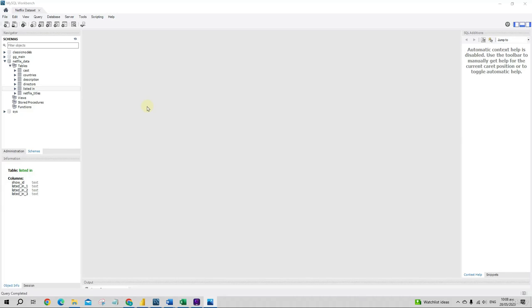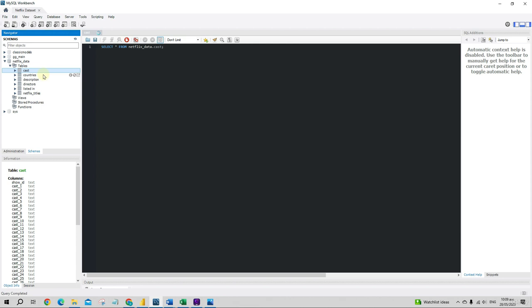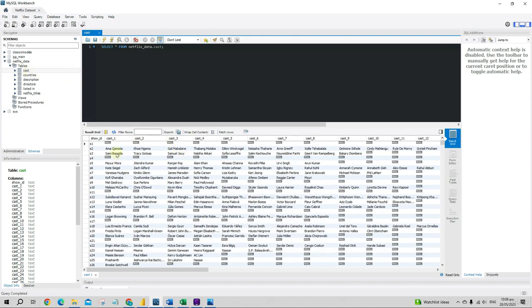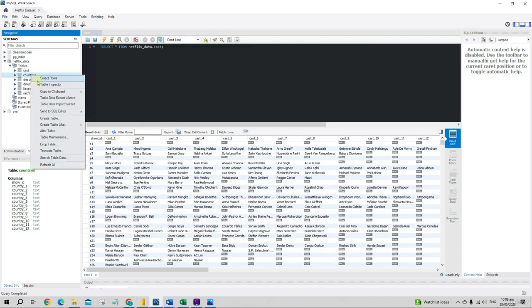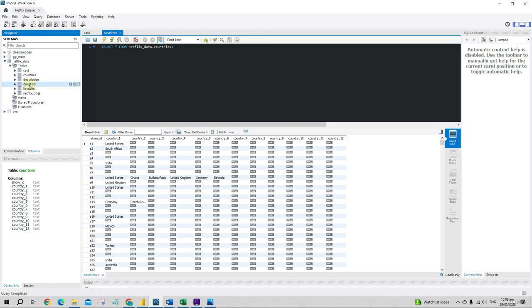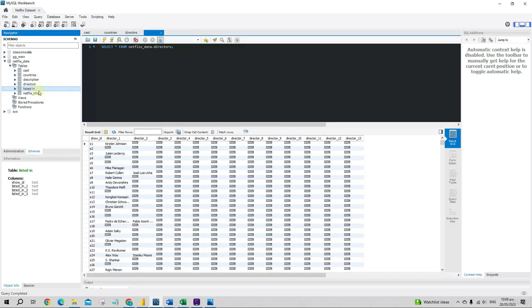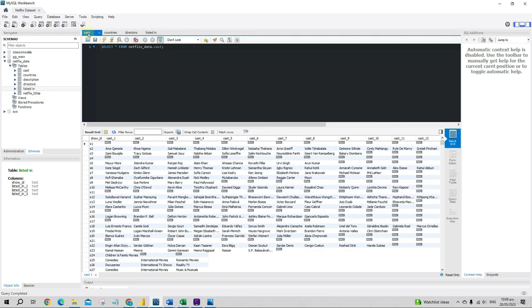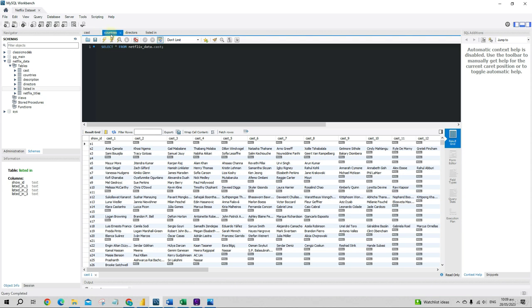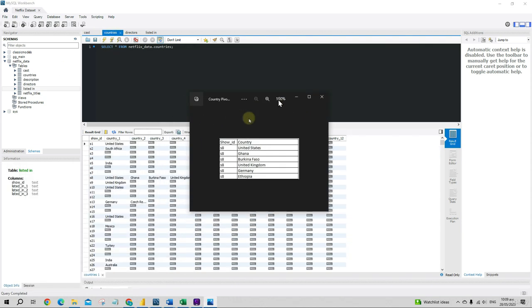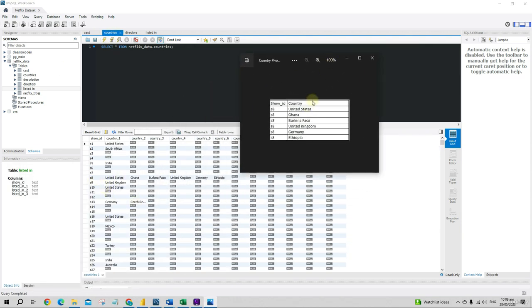Hi, welcome back everyone. Now that we've imported all our Netflix data into MySQL Workbench, I'm going to change 4 of the tables. Let's right click cast and select rows, and we'll do the same with countries, directors and listed in. So what we want, for countries for example, show 8, we want it to